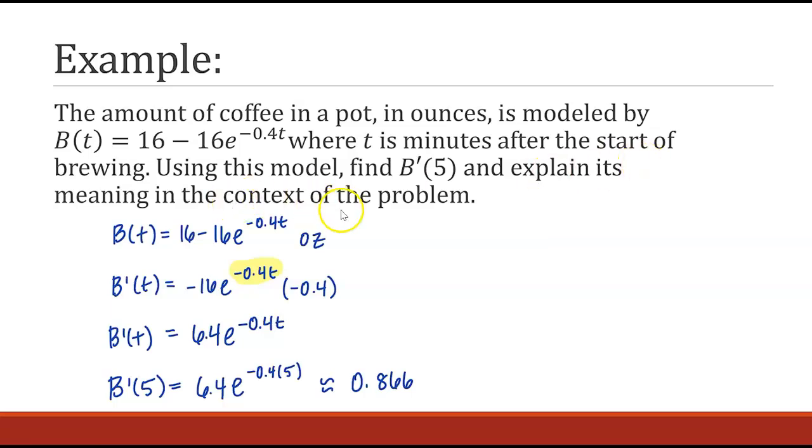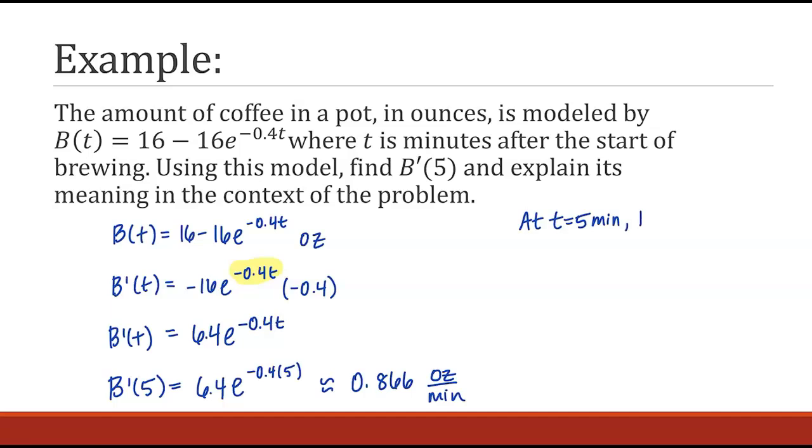So explain its meaning. All right, so b of t gave us an amount, a quantity in ounces. When we take a derivative, that is a rate of change. So here, the units of the rate of change would be ounces per minute. So we have 0.866 ounces per minute. So that's the units of b prime of 5, but that is still not enough. That's not an explanation. So what we'd want to do is we'd want to say something like, at t equals